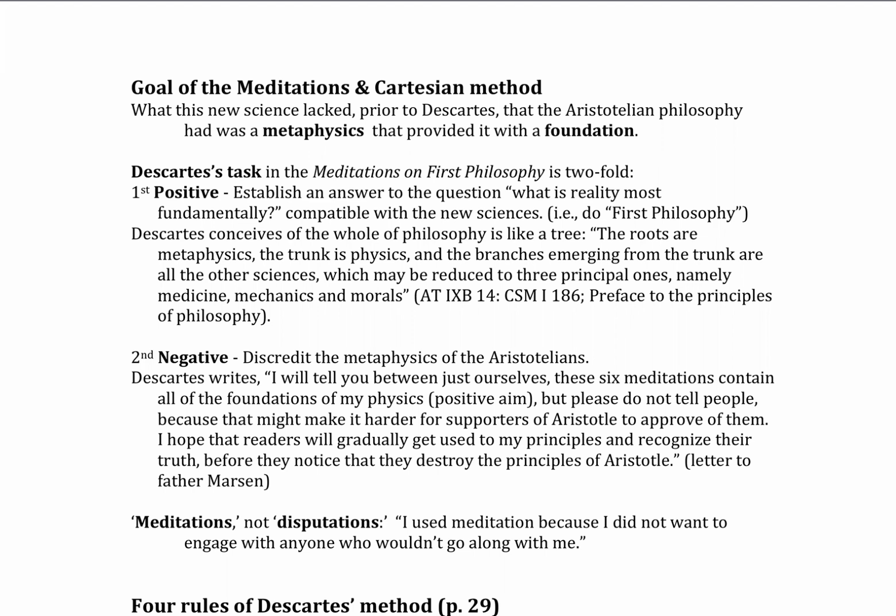So although we're going to be focusing on the Meditations, we're also going to be looking at the objections and replies, because the way that Descartes responds to the objections is really going to clarify what's going on in the Meditations themselves. And the reason I had you get the Cambridge Selected Writings of Descartes is I think they've done a really good job of picking out some of the best exchanges in the objections and replies and reprinted those in the volume. So we're going to be reading the objections and replies reprinted in that volume, and you're going to have to get yourself a copy of the Cambridge edition.